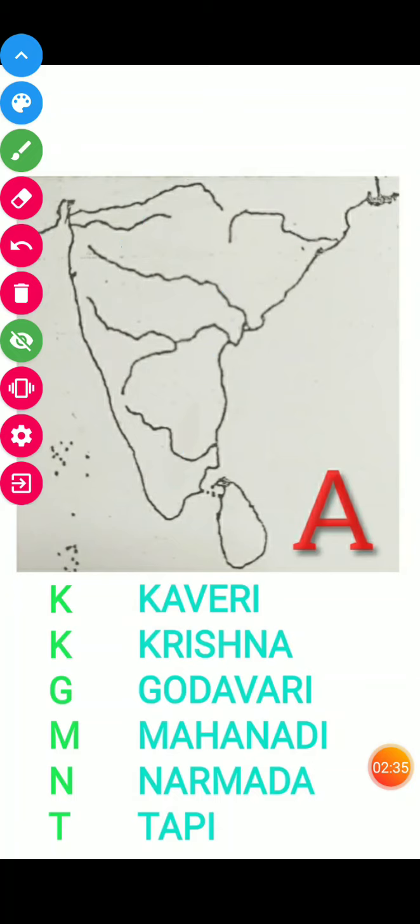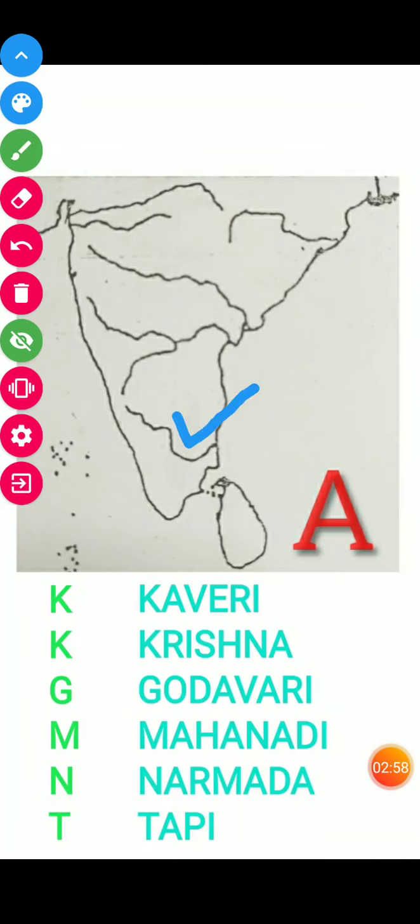So for these 6 rivers you will learn a short abbreviation, that is KKGMNT. I repeat, it's KKGMNT. KKGMNT stands for Kaveri, Krishna, Godavari, Mahanadi, Narmada and Tapi. This will be Kaveri.